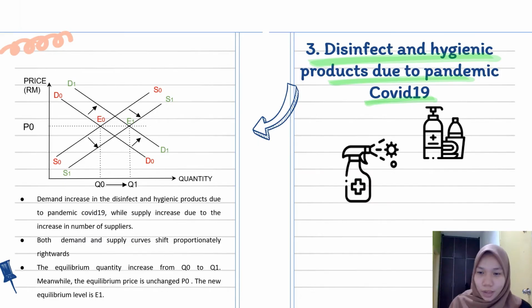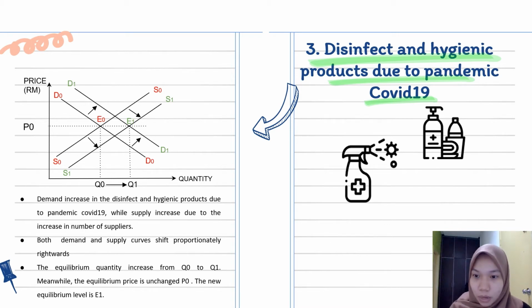Disinfectant and hygienic products due to the pandemic COVID-19. Point number one, demand increases for disinfectant and hygienic products due to the pandemic COVID-19 while supply increases due to the increase in number of suppliers. The demand increases because there is awareness among the consumers in the wake of COVID-19, and the supply is increased just because